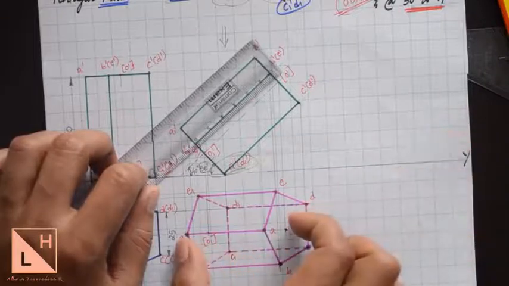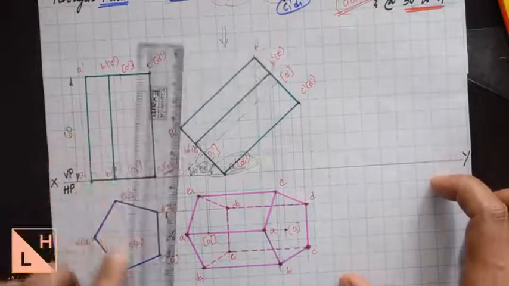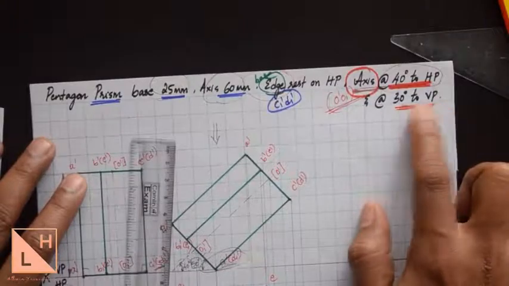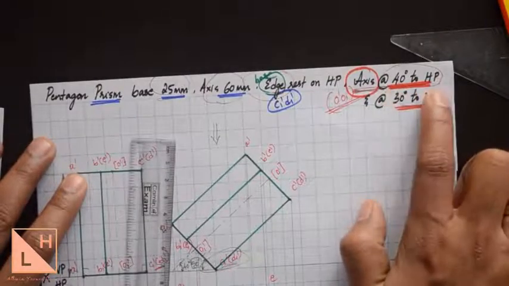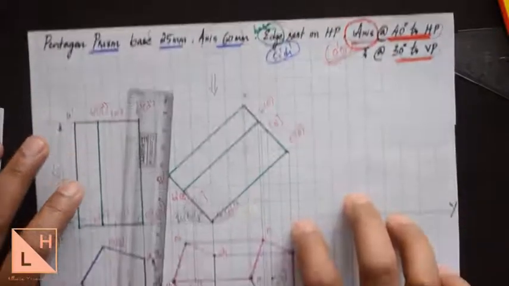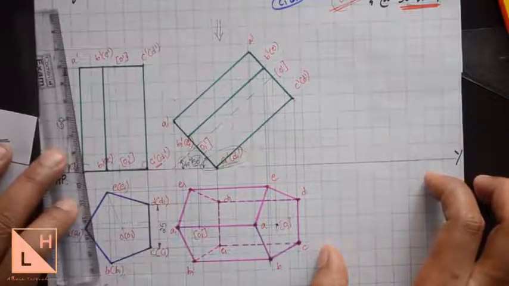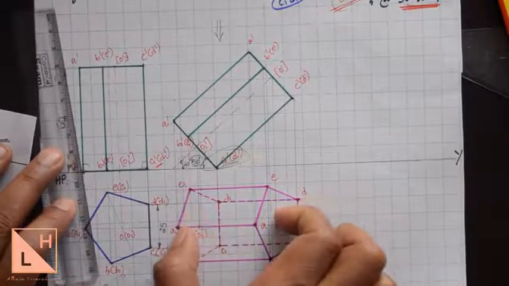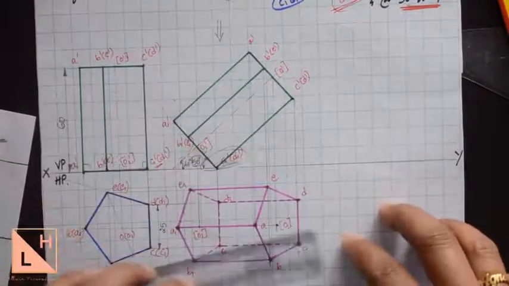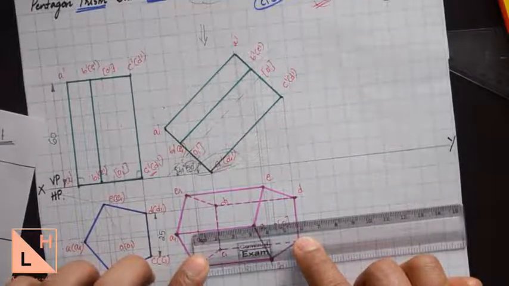As of now, we need to project this top view and incline it over here in the horizontal plane. Why? Because the angle here is given with respect to vertical plane. We have already done with 40 degree to HP. Next angle is 30 degree to VP. So angle VP, you need to draw it in the horizontal plane. So if you want to draw that in the horizontal plane, you have to refer the sketch that is present in the horizontal plane. So here the first position axis length is 60 millimeters, while in the second position the axis length is measured to be 45 millimeters, right?